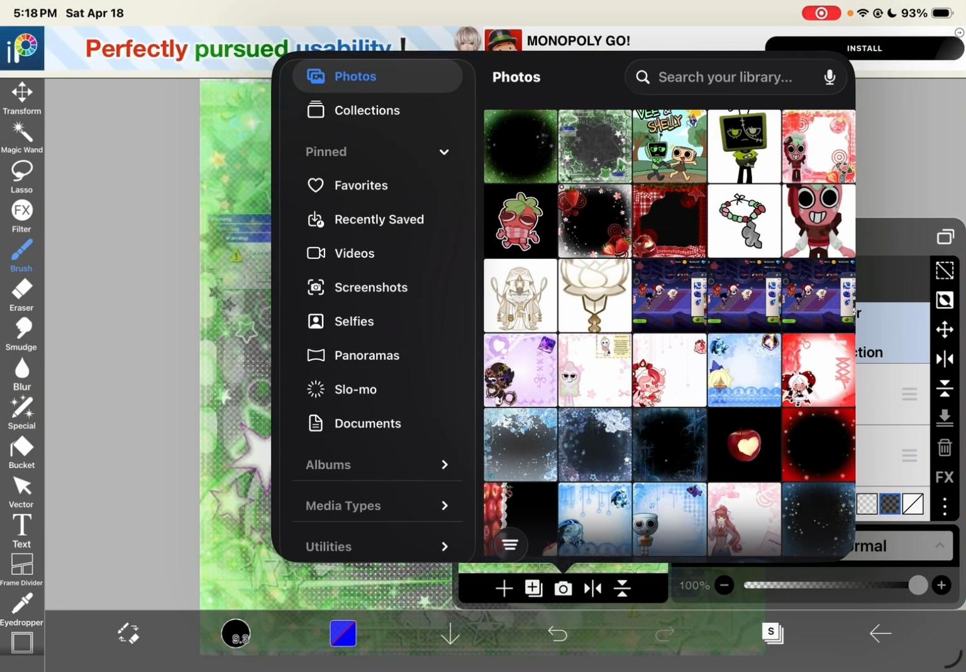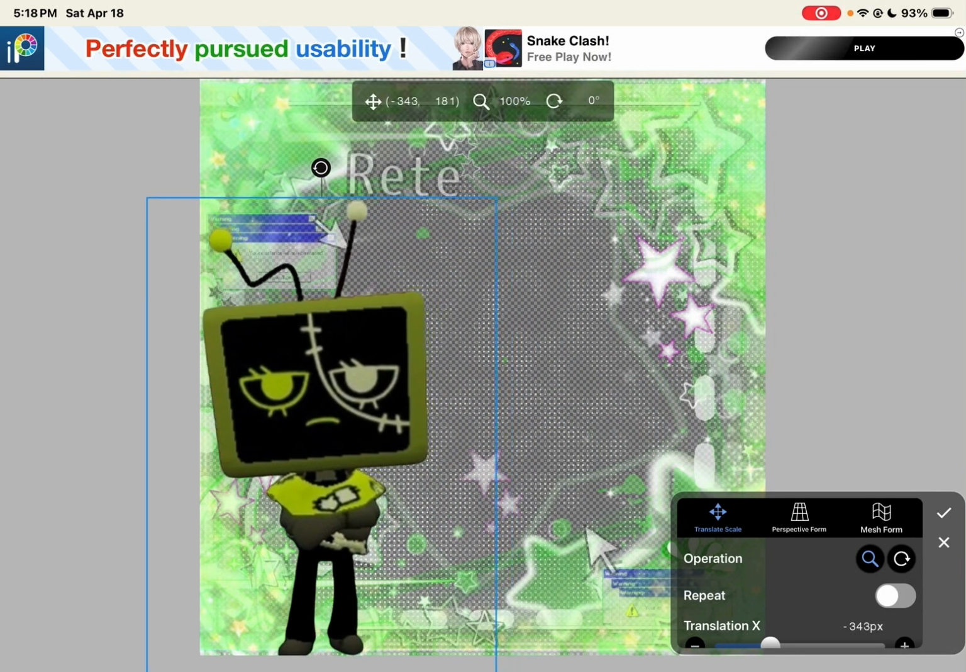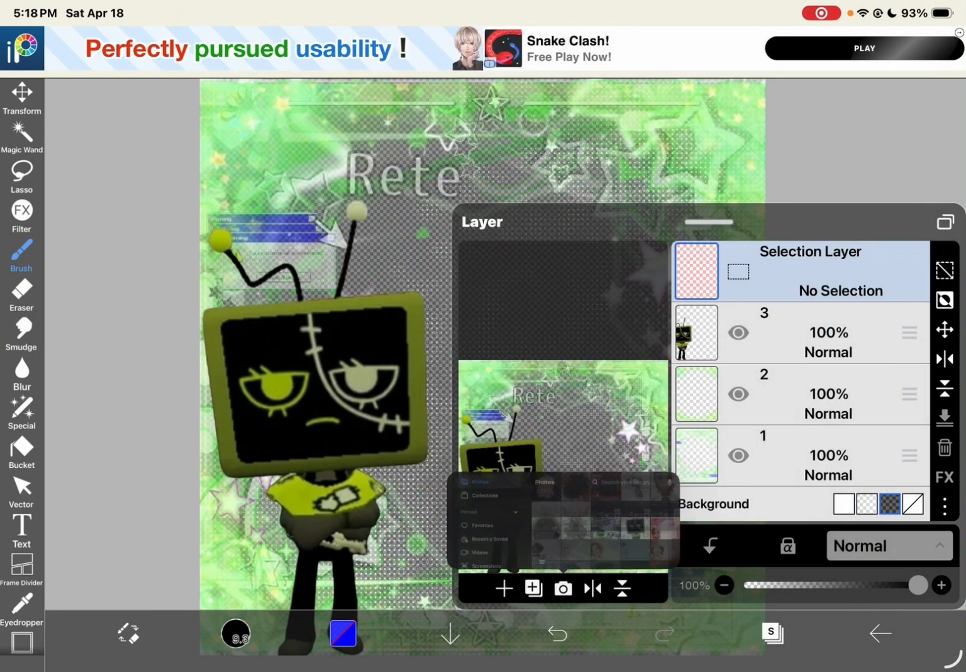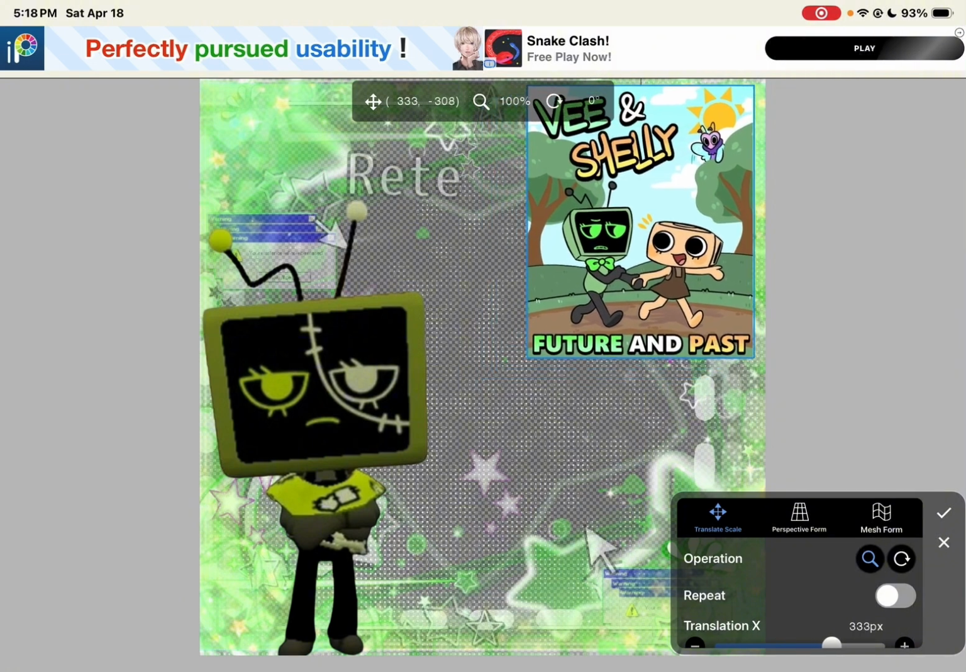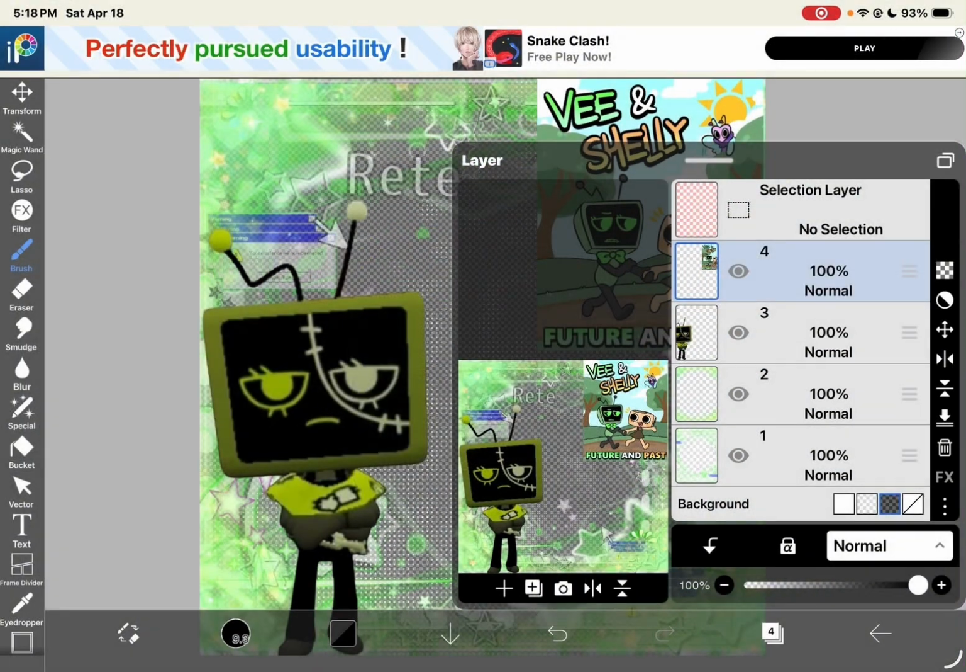Now that we have this, we're going to import V. Our very mean TV. So basically it'll be transparent with no background, even though in your photo gallery it will not appear that way. So now I'm going to put the poster, then I'm going to press cancel, and now we're going to go